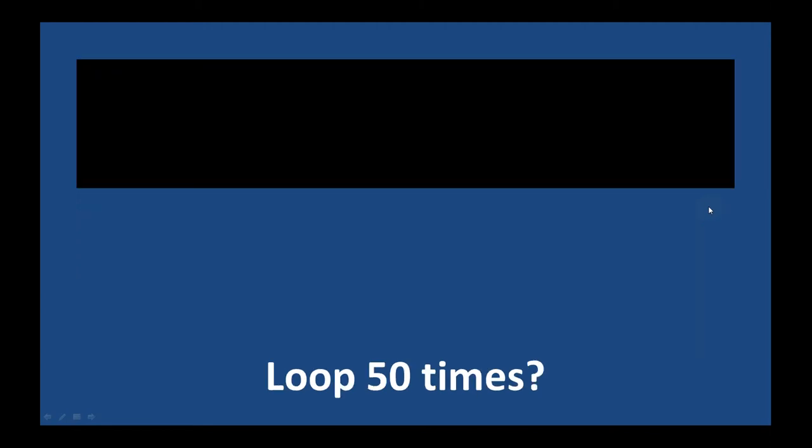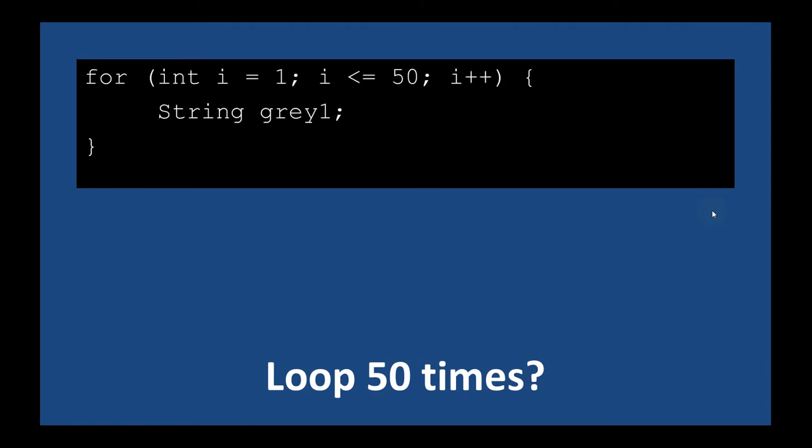One way you might think of is to loop 50 times. So it's a for loop because it has a certain number of times that you're going to loop. So let's try to create a for loop with the index starting at 1 and ending at 50 with a step of 1, and you declare the variable like string gray1, and then you kind of see there's a problem,